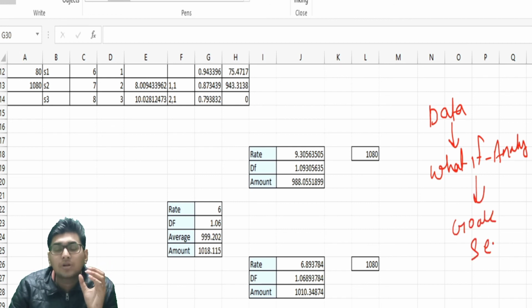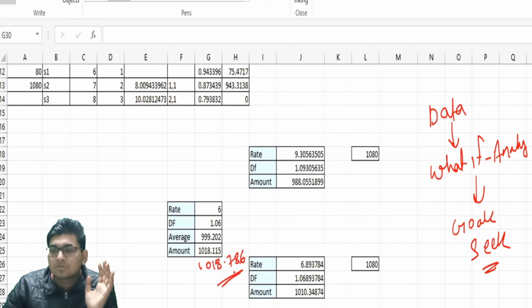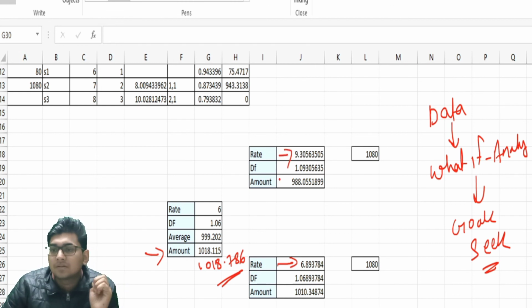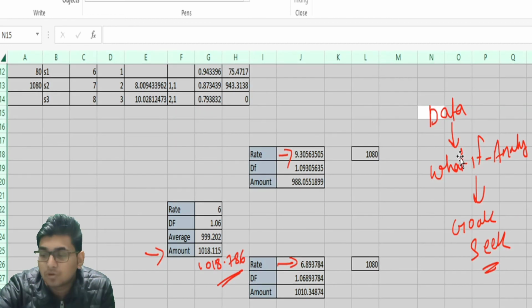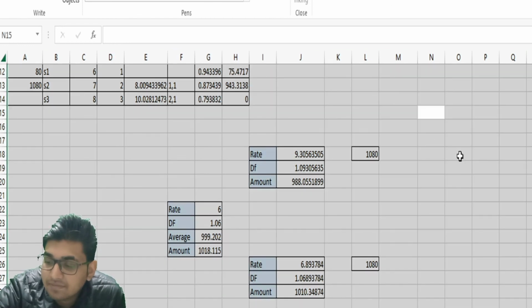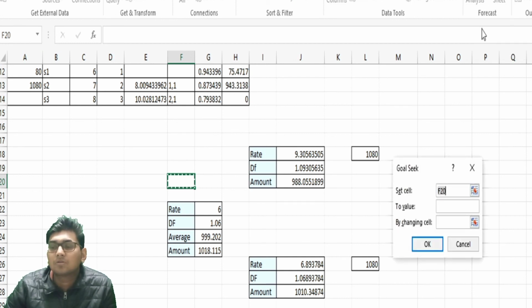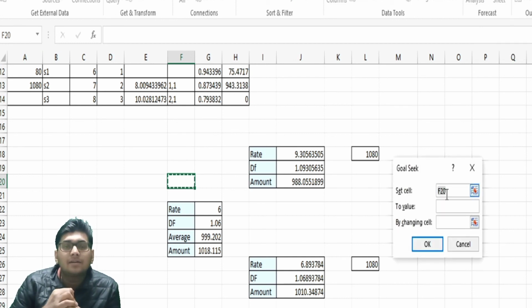Clear? So how am I going to do this? That is something we need to understand. Okay, so now let us start step by step. First I go to Data, then What-If Analysis, then click on Goal Seek. First of all, you can see Set cell. This is the cell which I want to change. What is the value I need to put over here? 1018.786. By changing which cell? I want to change this cell. Click on OK. After all the trial and error,